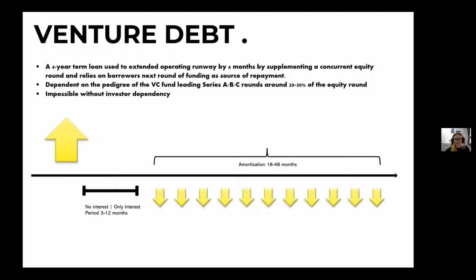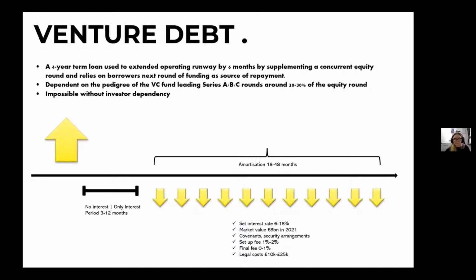Okay, so then you start paying back. And these are the yellow arrows going out, or going down. So you're going to start to pay straight away the interest applicable to the facility, and of course the principal. And this is something that you have to model very clearly, because while it's really nice and pretty for the interest only or no interest period at all, and it could be 3 months, it could be 12 months, it starts to kick in straight away. So your cash in has to always enable you to cover your OPEX, and it always has to enable you to cover your